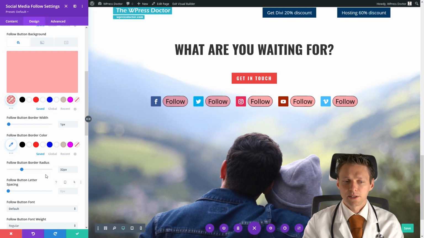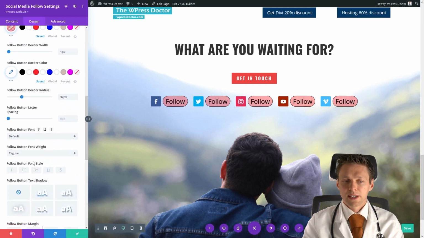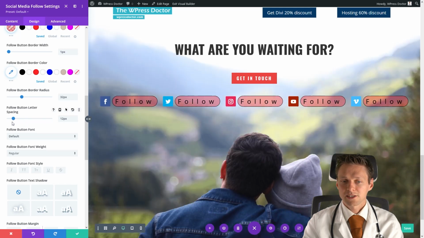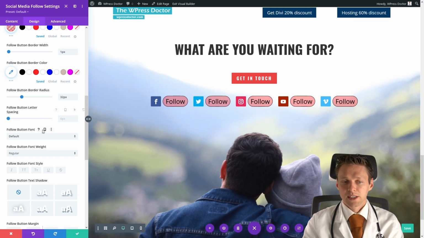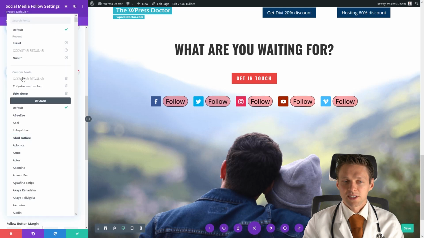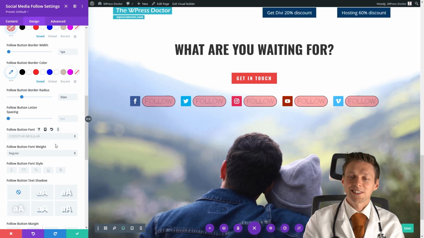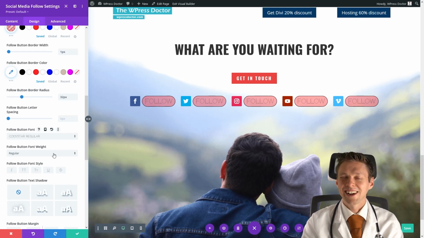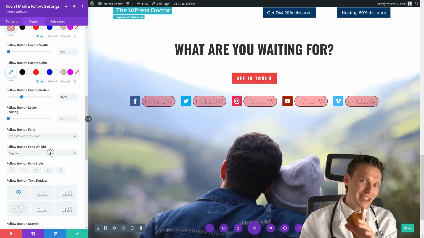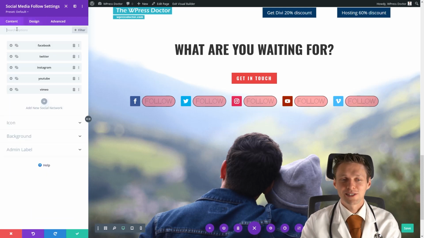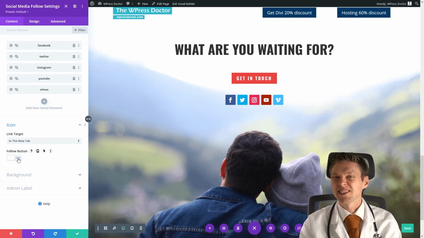You can make them right. Okay. The letter spacing will change the size between the letters. Just keep them off. And now we have just changed this one to, for example, Cody Star. Well, these follow buttons are really getting ugly right now, but you get the point. You can change your follow buttons all here. So let's turn this entire button off because I really don't like the follow buttons at all.